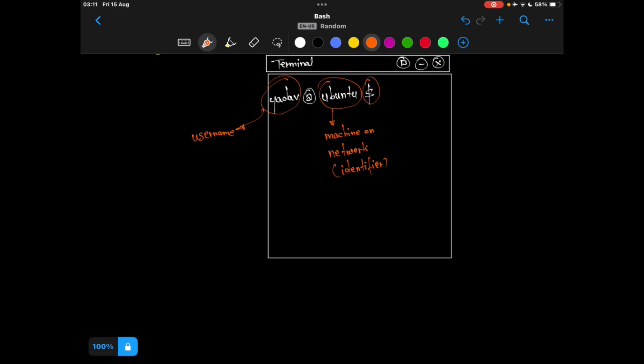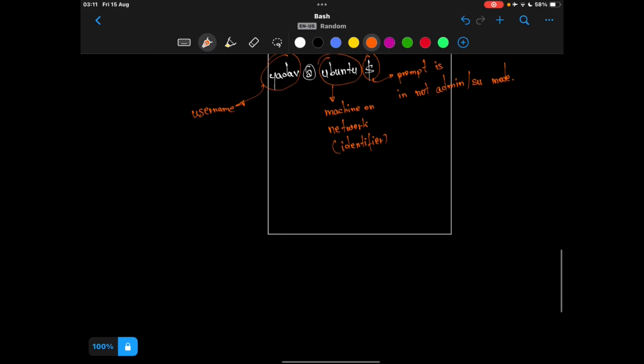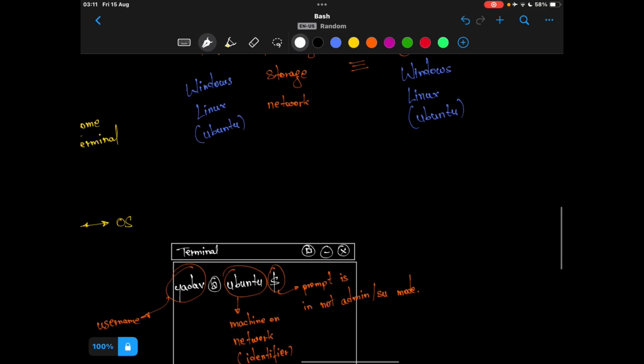Then this represents that the prompt is in non-admin mode, or what we call in Linux terms super user mode, not in super user mode. Sometimes if you open bash in some other folder, you will observe that this thing has changed.